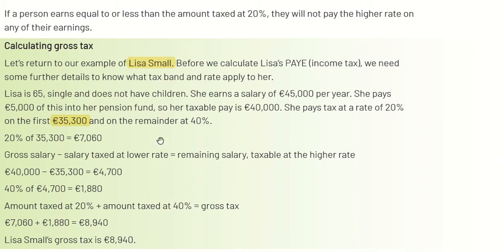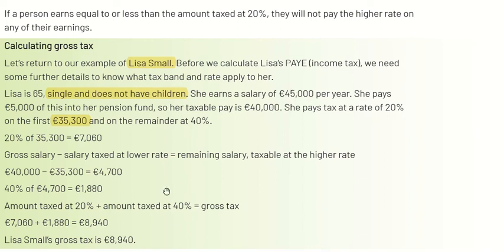Okay, and it said that she was single. She's single and doesn't have children. So I made it clear there. Now we were aware anyway what the band was. So 20% on that would be €7,060. Obviously she earns more than that, because she earns 45,000, but the taxable amount is